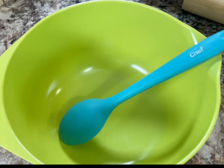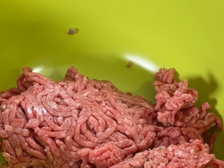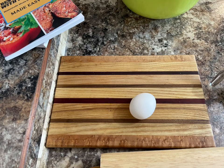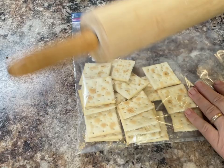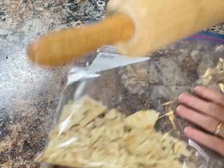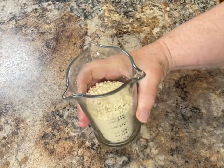Alright, so let's get on to doing today's featured recipe. Start by placing 1 pound of lean ground beef in a large mixing bowl. Then crack open 1 large egg and add that to the ground beef. Then go ahead and crush some soda crackers, and I use the salted ones. I place them in a Ziploc bag and crush them with the rolling pin, and make sure they're nice and fine like this. So we'll measure out about 1/2 cup of the crushed crackers, and then add that to the